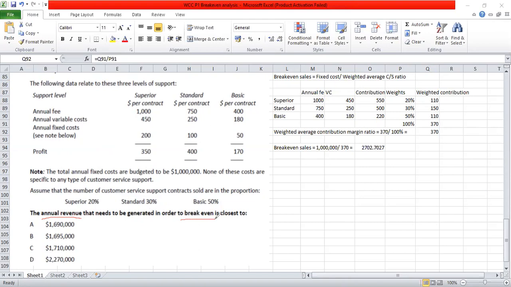Ma'am, these are per contract values. So per contract contribution, or weighted average contribution per unit or per contract, is 370. So if we divide it by 370, it comes out to be 2703 contracts. Then the total revenue. These details are per unit details. These are per unit. So